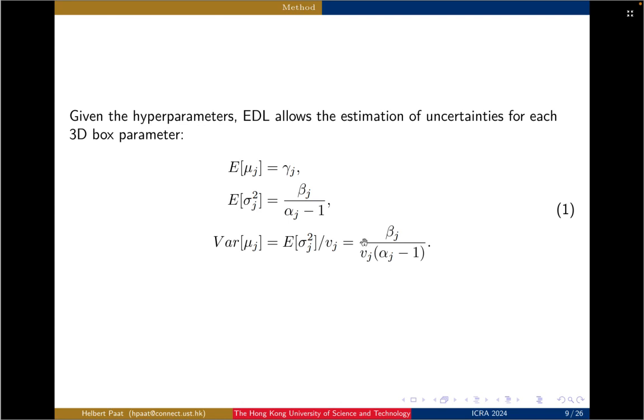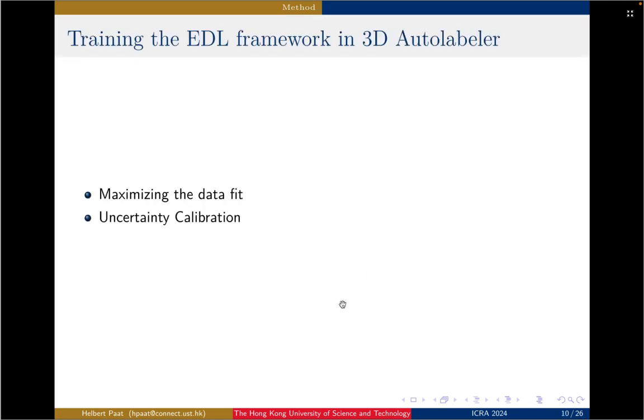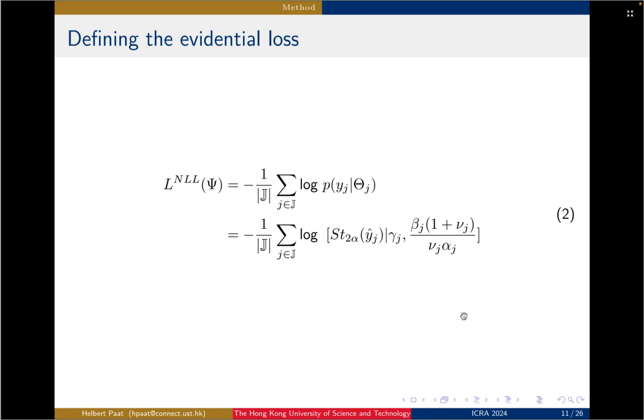Note that the advantage of this framework compared to other uncertainty estimation methods is that there is no repeated inference or repeated sampling for inference. But the question is, how do you train the model? How do you learn the parameters of the evidential distribution? For training the EDL framework, we define the evidential loss, which is basically the mean of the negative log likelihood for each 3D box parameter, as follows. Note that there is an analytic solution for the likelihood, which is basically the student's t-distribution at the value